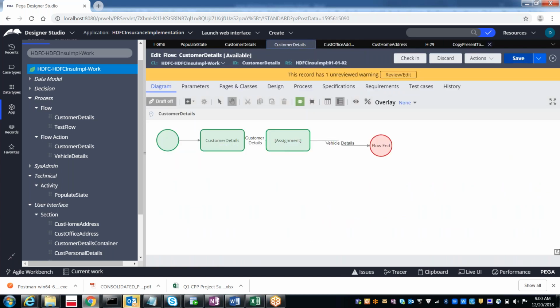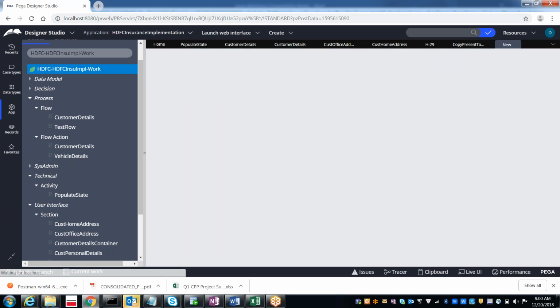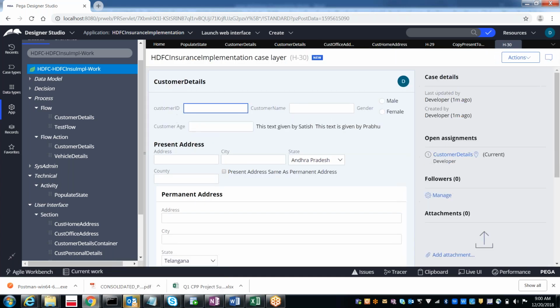So actions run. Okay, so give some values. Like this. Now after that, select this checkbox.